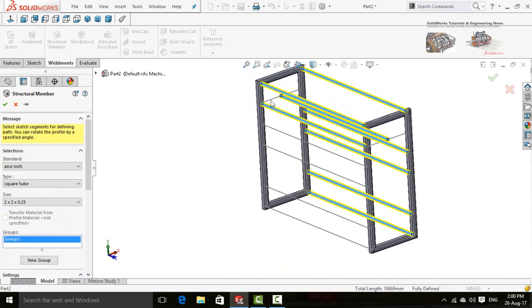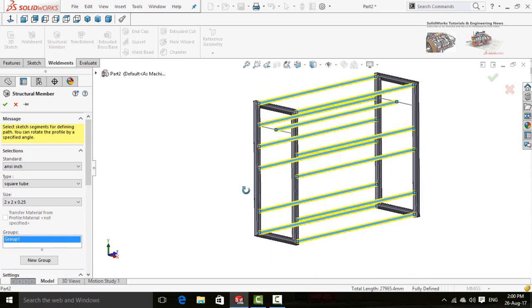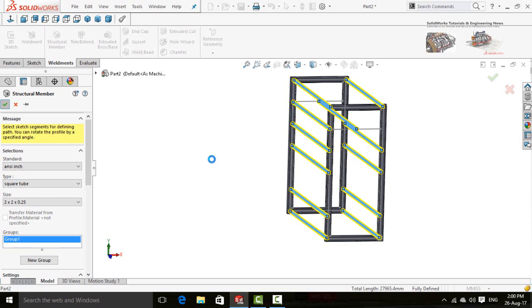At the moment you can't select these two lines, so we will select these lines next time. So all done. Now press OK button.